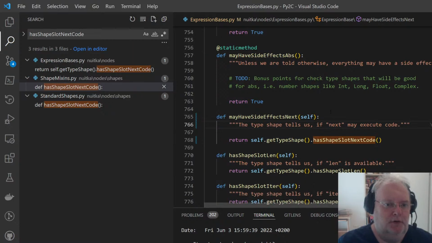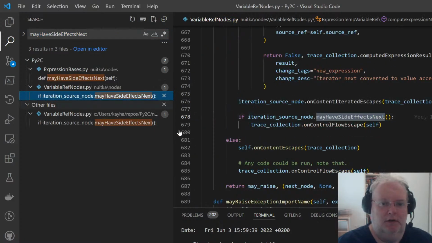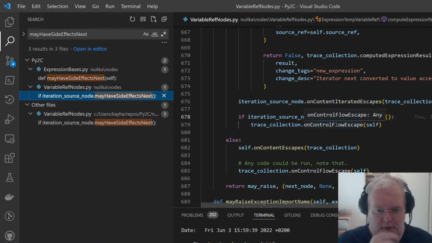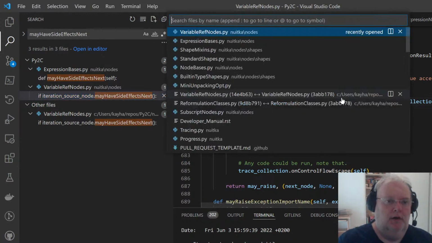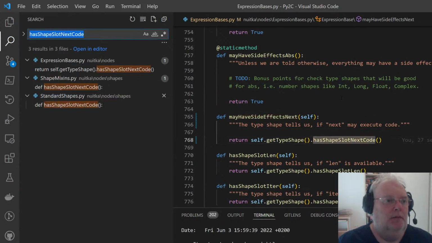Okay, so one step closer. Before, this would just have disabled all the code and pretended it was a control flow escape. Now for dictionaries, it will know that next doesn't do code, does it? It has slot next code, because it's a dictionary iterator.